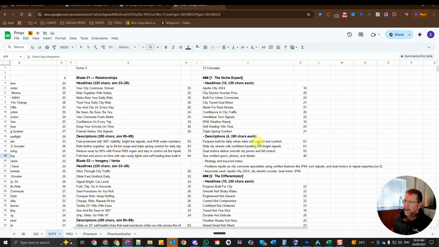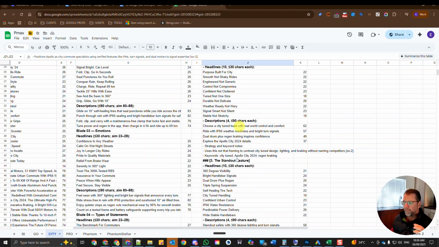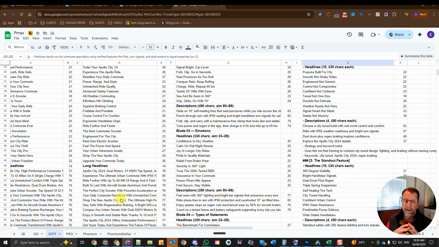And conversely, the same with the 12 ad concepts. The niche expert gives me 10 headlines and 4 descriptions here, and the niche expert also outputs why it gave these outputs. So when I'm looking at swapping out, and look, this could even be done at the very start of creating a campaign, when you're first building out the campaign and you just need ideas. Or, as I mentioned before, when I'm looking to replace low performing assets, in particular headlines and descriptions,